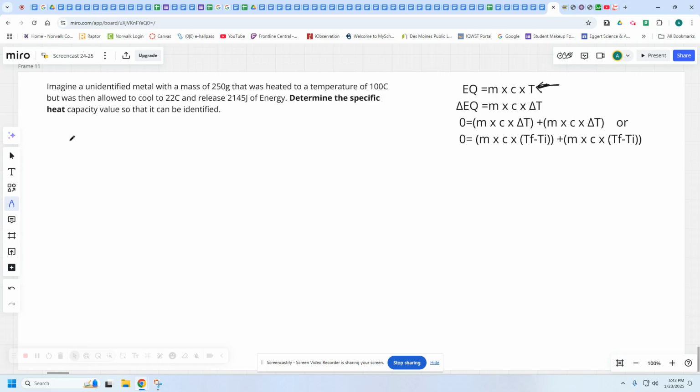I already know that the release suggests a transfer out of a system, so really this should be a negative 2,145 joules. So I'm going to set negative 2,145 joules of energy equal to the mass, which is 250 grams,